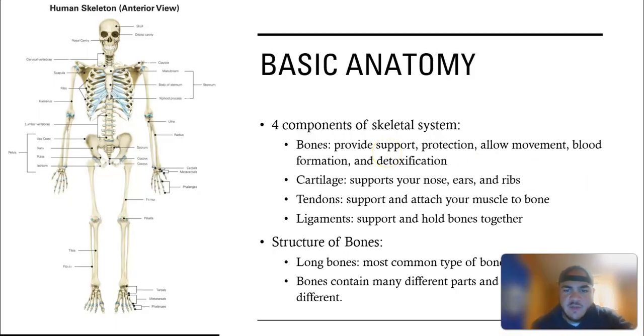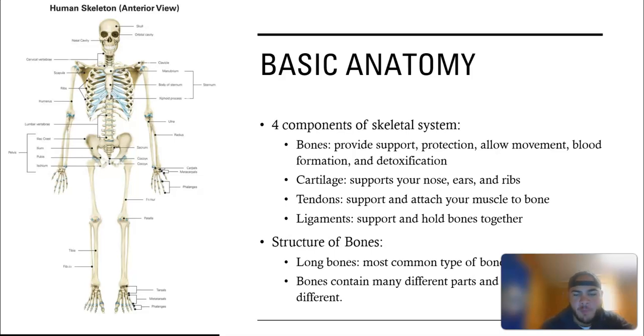So starting with basic anatomy of the skeletal system, there are four basic components of the skeletal system. You have the bones, which provide support, protection, and allow movement of the body. The bones work in blood formation, and the bones also work in detoxification. You have cartilage, which supports your nose, your ears, and your ribs. You have tendons, which support and attach your muscle to bone, and you have your ligaments, which support and hold